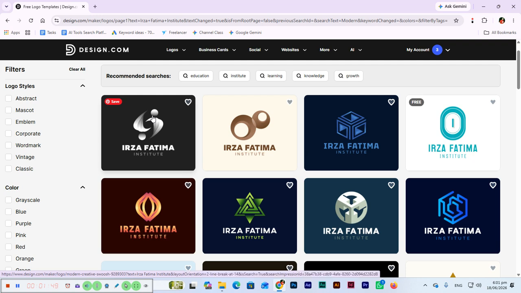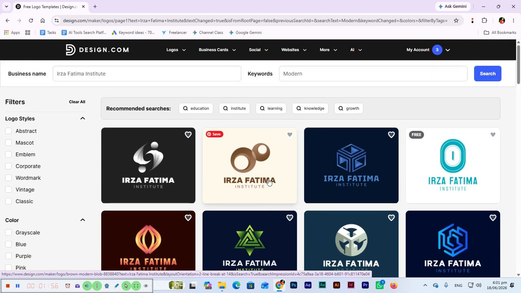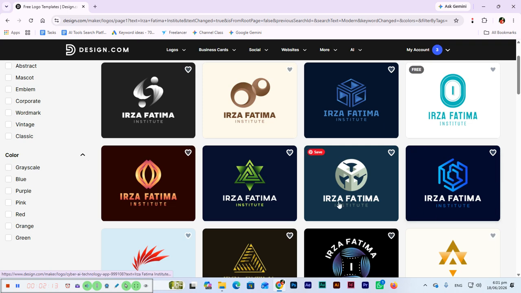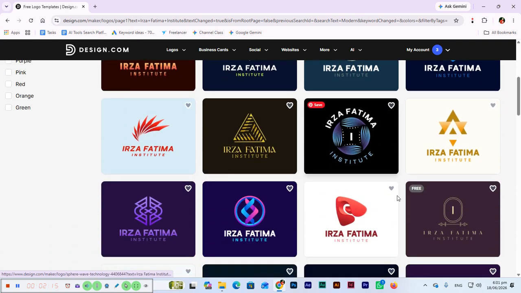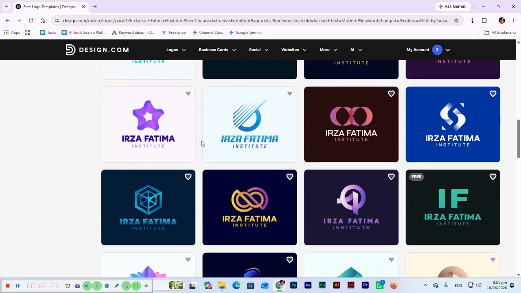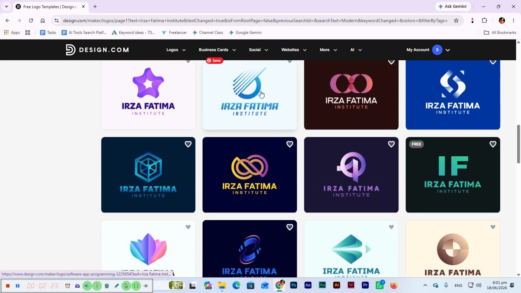These are not generic logos, where you give the name and it just changes. No, it's showing results as per the latest AI models and technologies, according to the name of your brand, whatever you are selling or offering. So you can see different things, according to institute, like icons and a lot of things. So for instance, if you select this one,